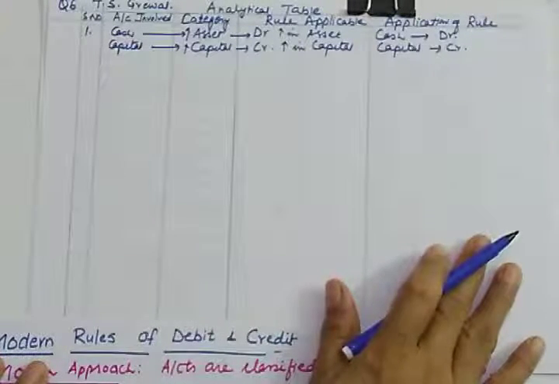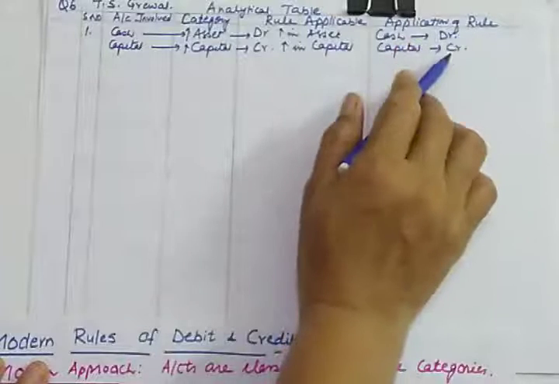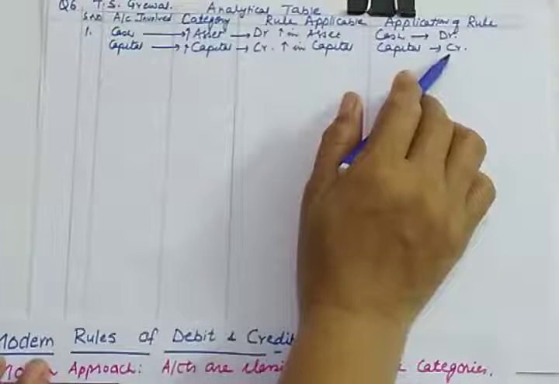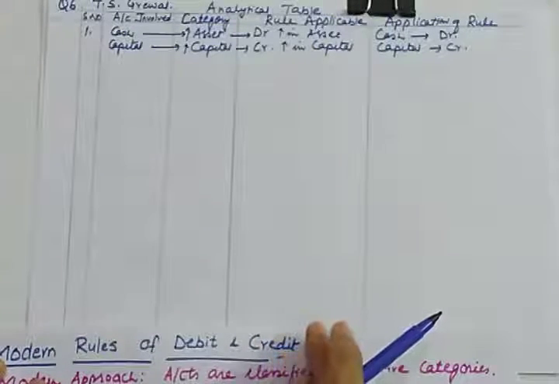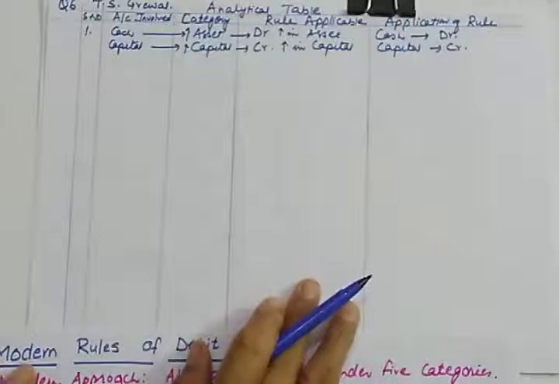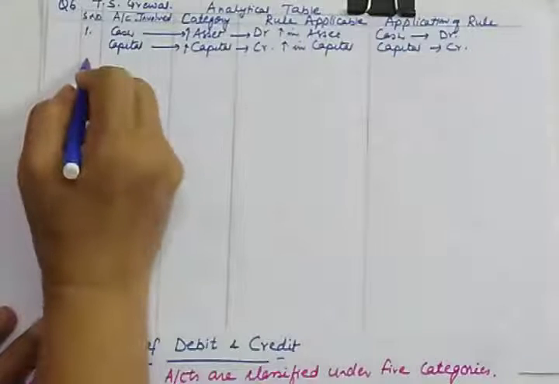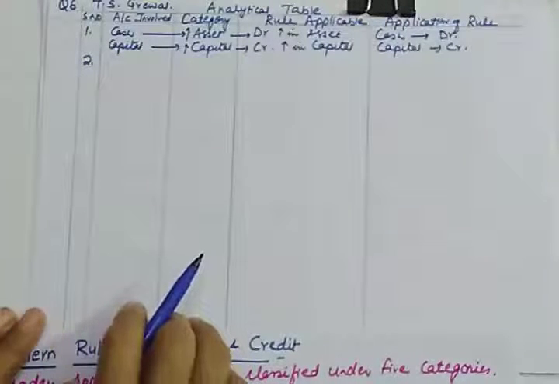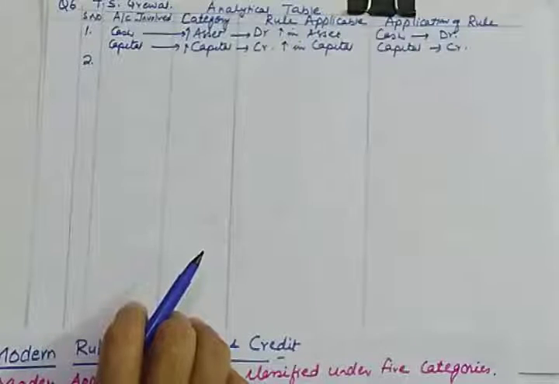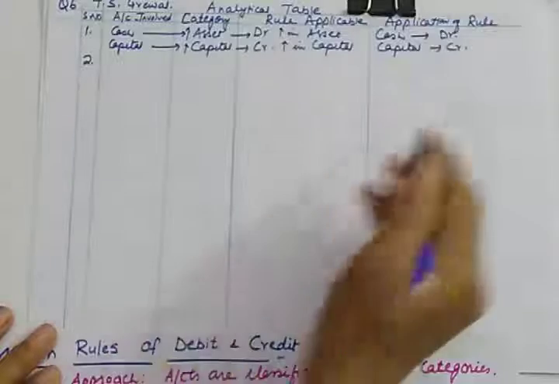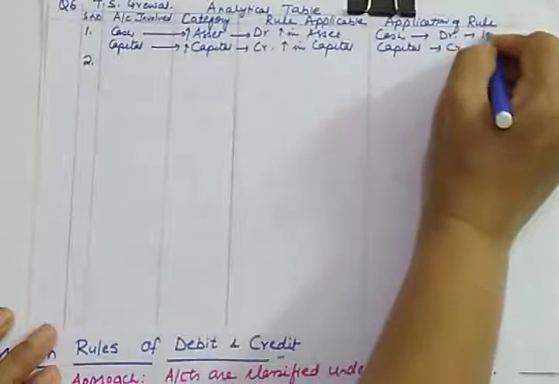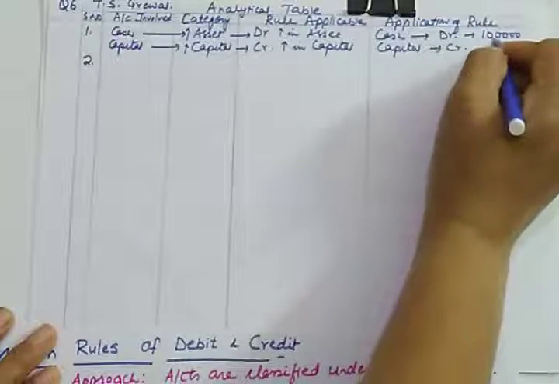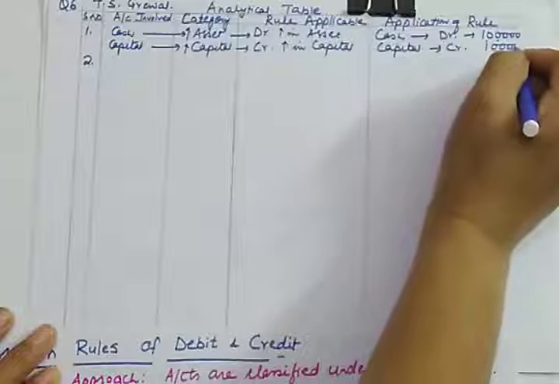I am not framing journal entry. I am just telling you which account is to be debited and which is to be credited, and what will be the amount. Amounts which are written here are 1 lakh, 1 lakh. So even I am not interested in writing the amounts, because you will be able to do it. But if some compound journal entry comes, then we'll mention the amounts. But otherwise, if you wish to mention, you can write 1 lakh and 1 lakh.